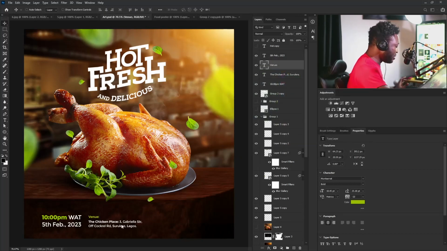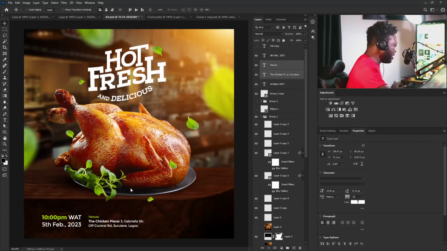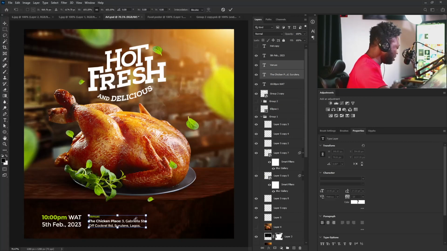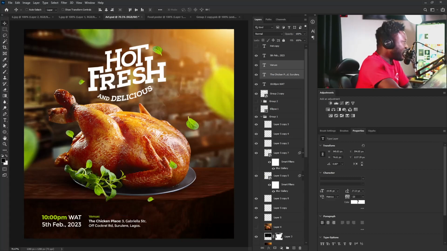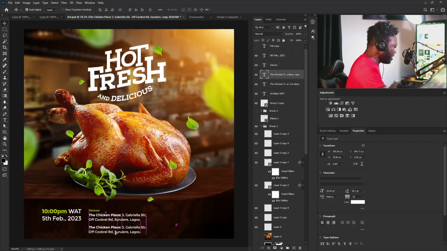All right. Notice what I just added now. The things I added are not things outside the project. I added the venue, and then I also added the name of the brand as part of the venue. All right. So yeah, so this should be here. Activate the free transform again, and then move this here. Right. And I'm gonna add the RSVP under the venue,